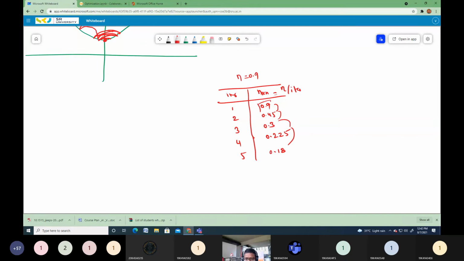Initially your learning rate has larger values, so your step length will be large. As the iterations progress, your learning rate reduces, so your step length also reduces. Then the problem of skipping over the global optimum point can be avoided.